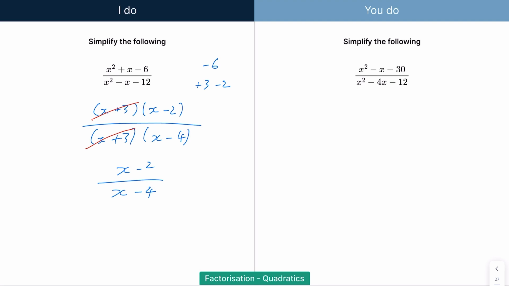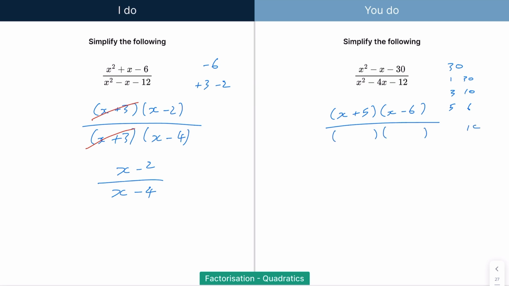So hopefully you've pressed pause and had a go at the example on the right. So two numbers that multiply to give us 30, that add or subtract to give us the negative 1. So we have 1 and 30, 3 and 10, 5 and 6. That looks about right. So we have x, we have 5, 6. Yep, that gives us minus 30 and the minus 1. And then at the bottom,